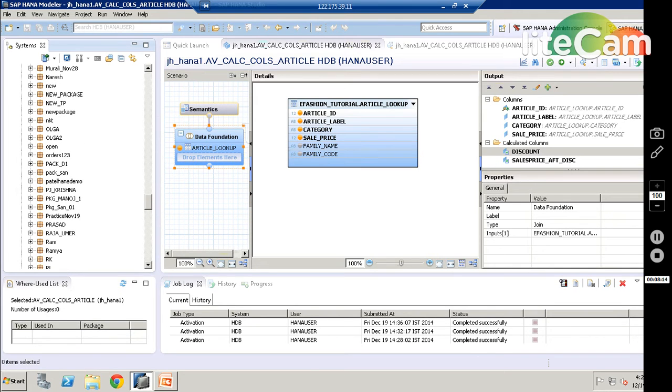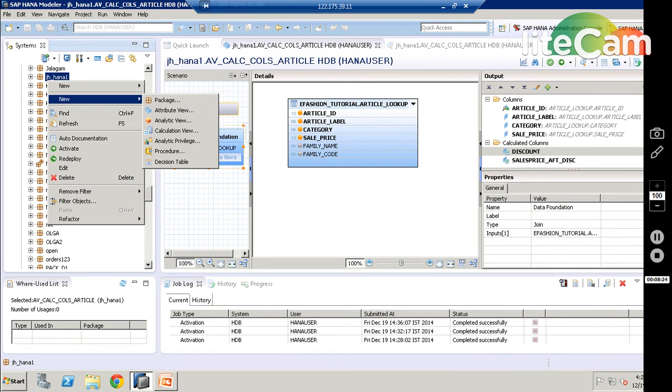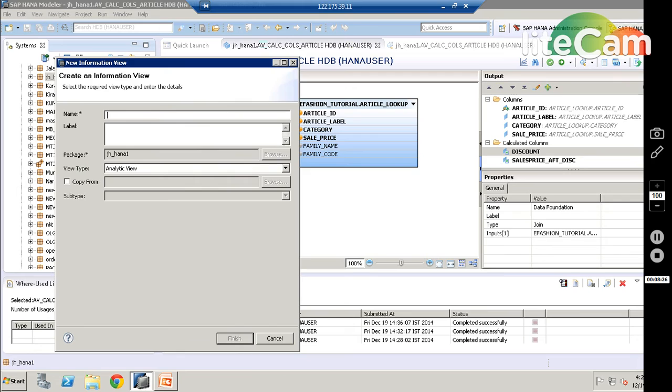So go to analytic view. My package is JH HANA, right? Right click on this and create a new analytic view, and the analytic view name is analytic_view_input_variables, right?